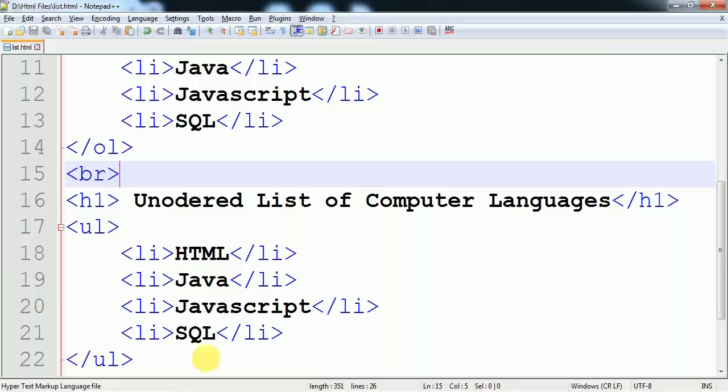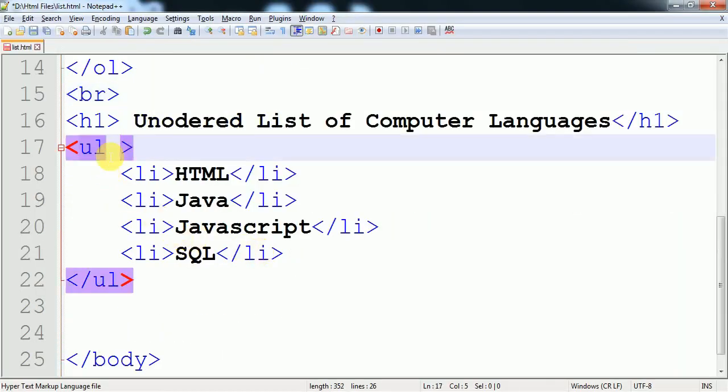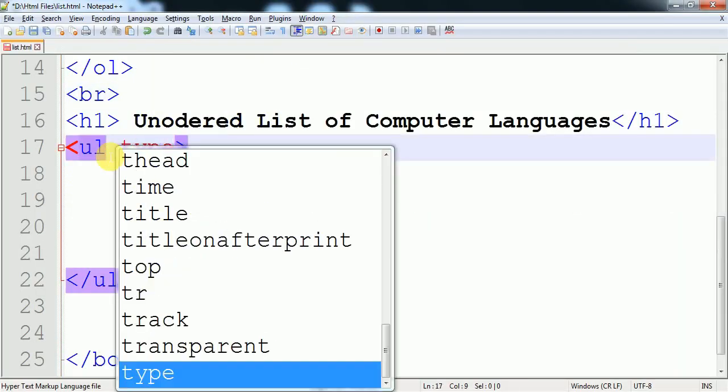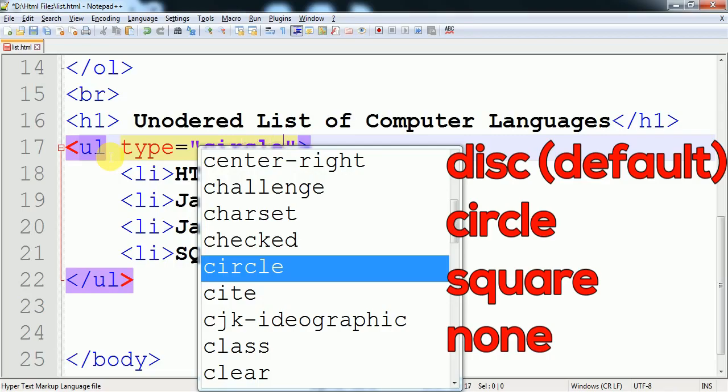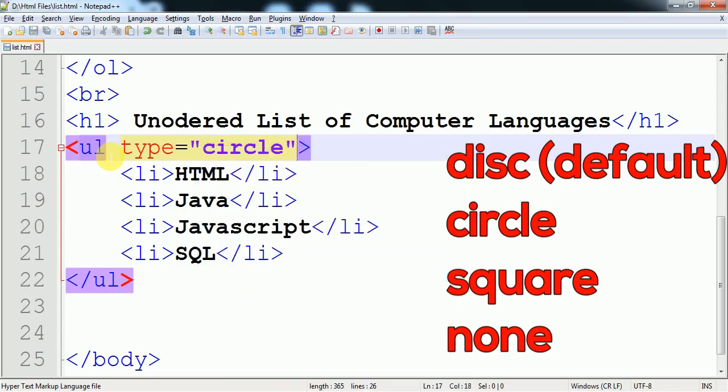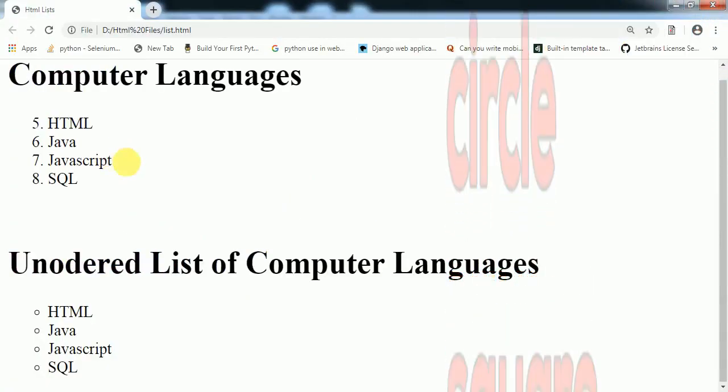Clear? So the type attribute is there. We want to change the default symbol. By default a disk is there. If we give circle as a value to this, a circle appears.